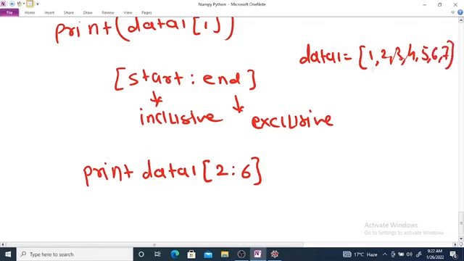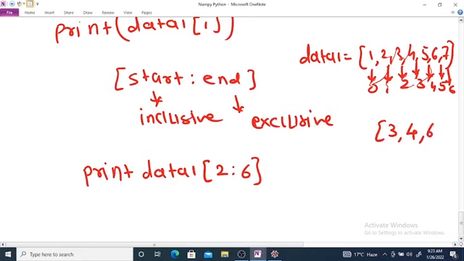So this is the 0 index, this is 1 index, this is 2 index, this is 3 index, 4, 5 and 6. So it prints 3, then 4 is included, and 4 and 5, so it prints 3 4